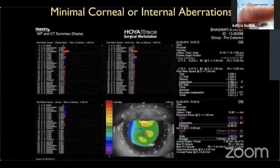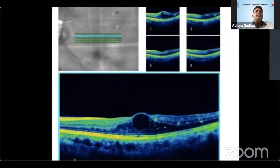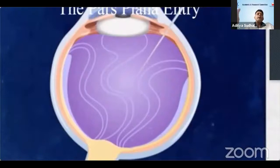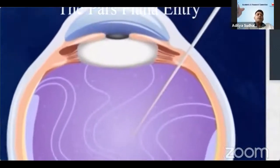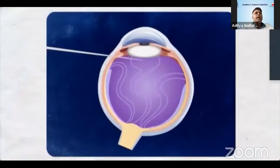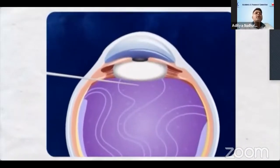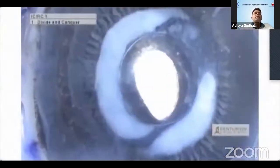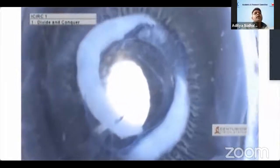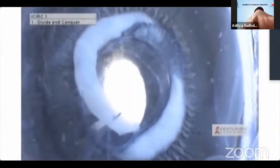So here, what was important is not just the visco removal, but also having the bevel downwards and perpendicular to the globe. And what you can actually do is when you go in, you can twist the needle away or towards the optic nerve and away from the IOL. So that ensures that this implant gets injected into the mid-vitreous cavity. That helps not only avoid this nasty complication, but this is just a Miyake view of what actually happened in